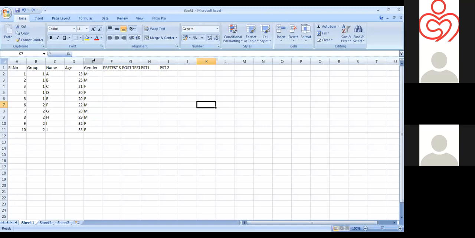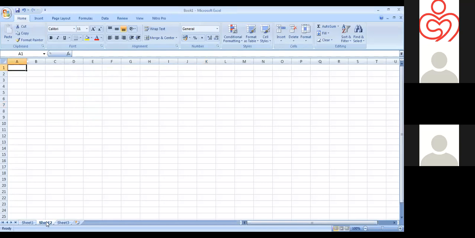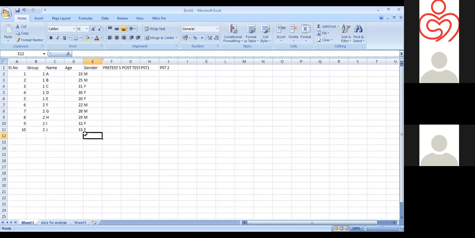Then for the analysis, we need to take a copy of this data and paste it in another sheet, and there we can give a specification, like data for analysis. Like that we can give any name up to you. And there we need to do this merging, and for the analysis data there should not be any merged cells, and the entry should be unique, and if possible give a numerical code to the response of each variable. How do we do coding in Excel? For that we have one option which is sort and filter.